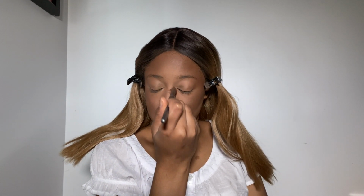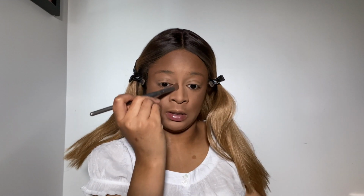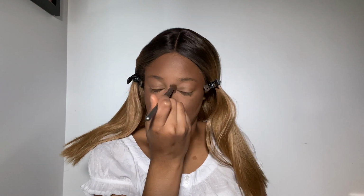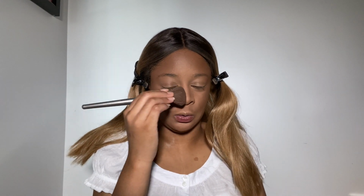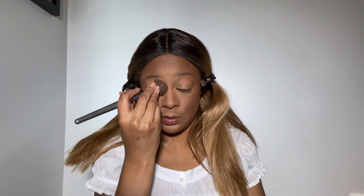This is actually a really good powder, guys, if you're on a budget. It wasn't expensive at all. I got it at the beauty supply store and it really wasn't expensive. And so far I think it's the best powder that I've seen that has a good range for us darker women, because usually the tones are way too light to contour. So I'm actually gonna go over my eyes with the